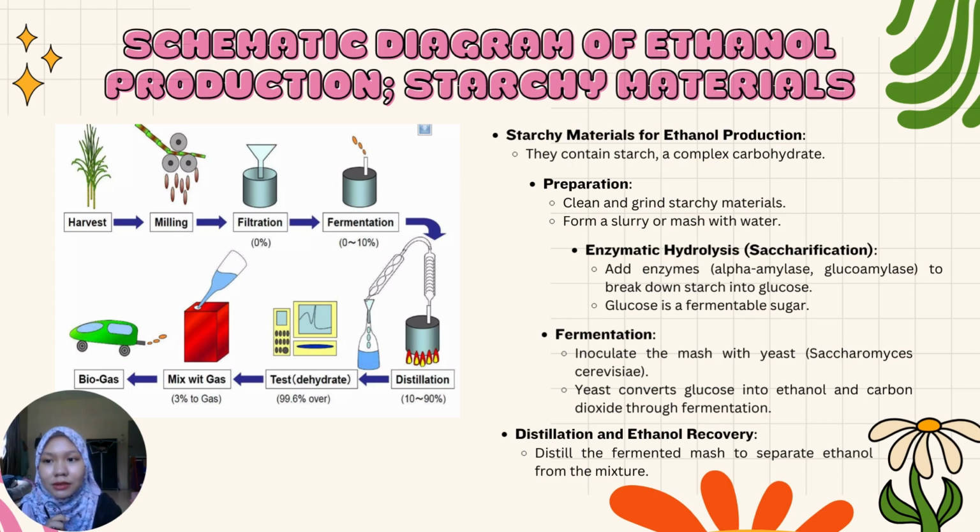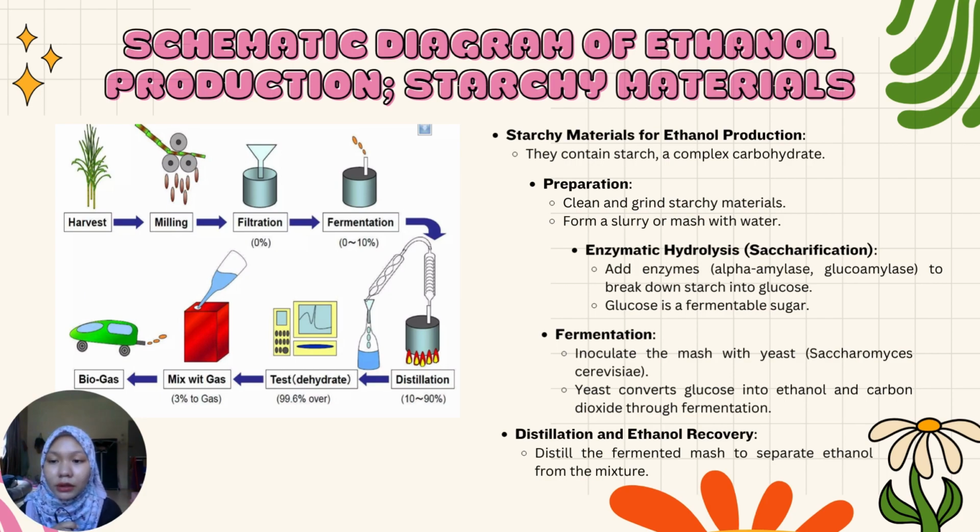After fermentation, the resulting mixture, known as beer or mash, contains ethanol, water, unfermented sugars, yeast, and other byproducts. The beer is then distilled to separate ethanol from the mixture. Distillation involves heating the beer to vaporize ethanol, then cooling and condensing the vapor to obtain liquid ethanol with higher concentration. Multiple distillation steps may be required to achieve the desired purity of ethanol, typically around 95 to 99% pure,